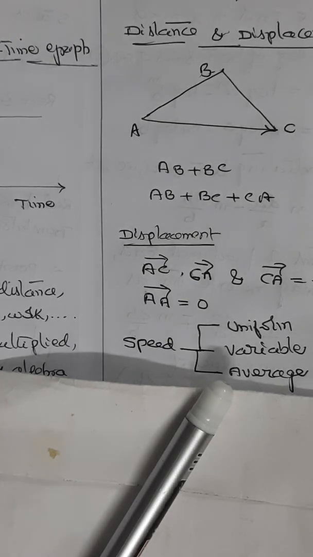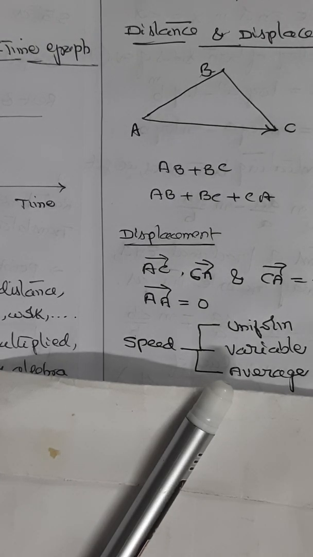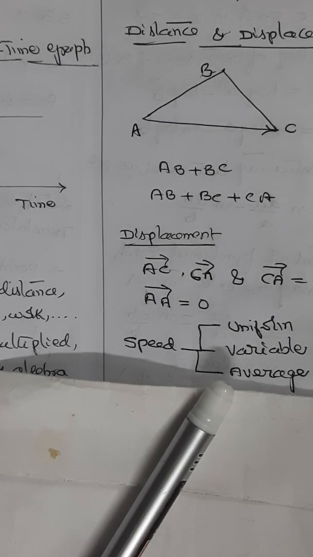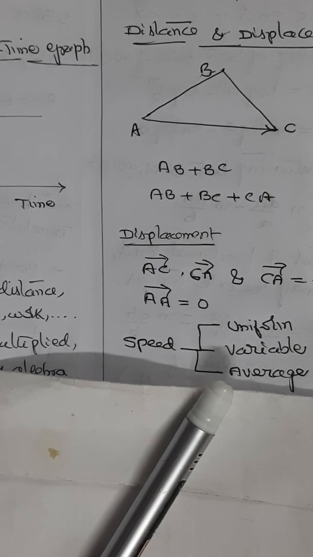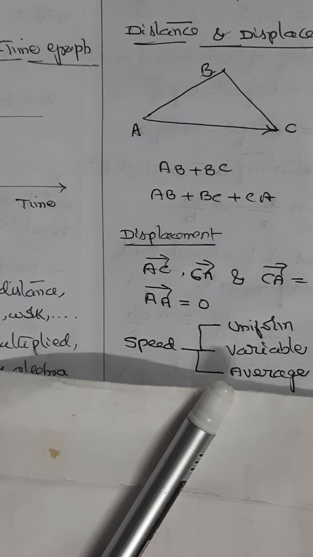So having seen uniform speed and non-uniform speed, which is otherwise known as variable speed, let us understand what is average speed. In fact, this is the one we normally use. Whenever we use the term speed, by default it is average only. When an object is moving with non-uniform speed, that is variable speed, then the average speed of the object is nothing but that constant speed with which the object covers the same distance in a given time as it does while moving with variable speed during the given time.